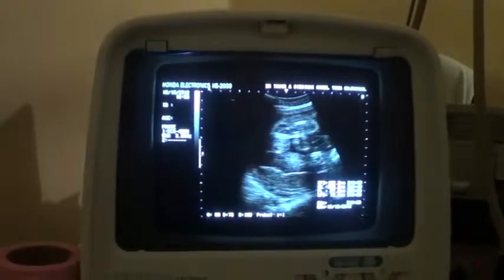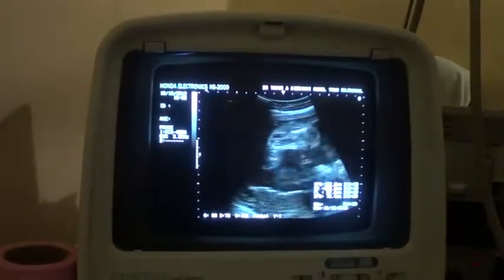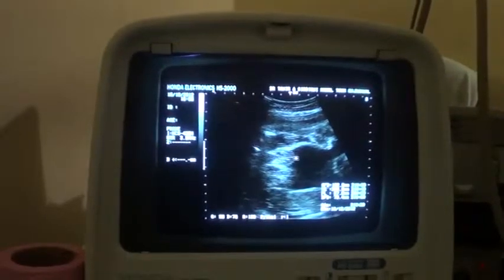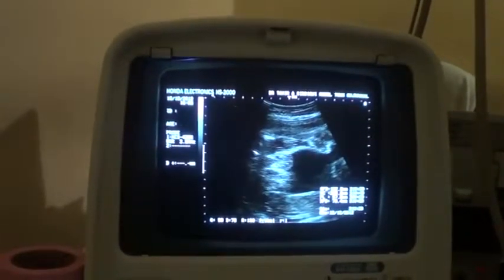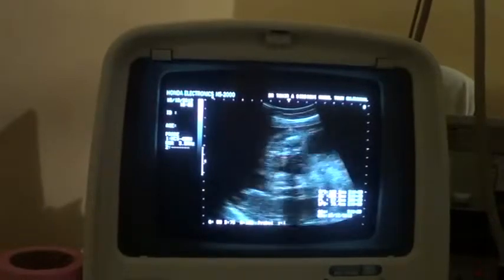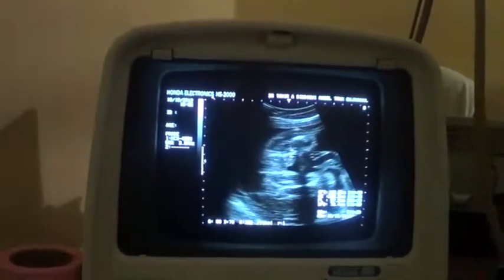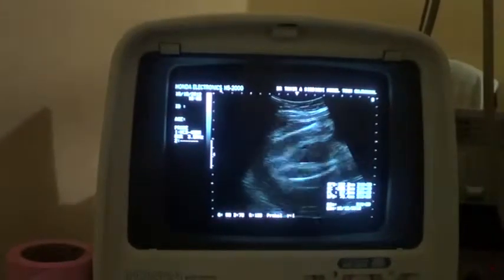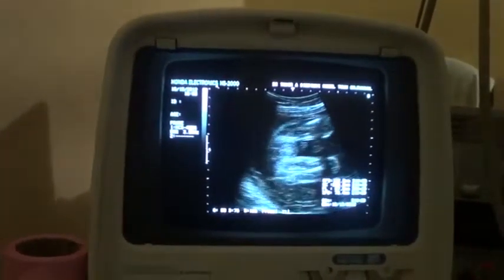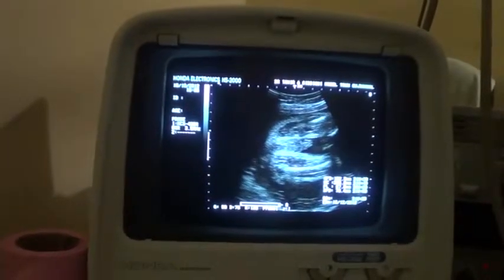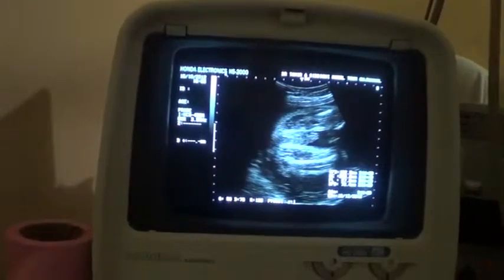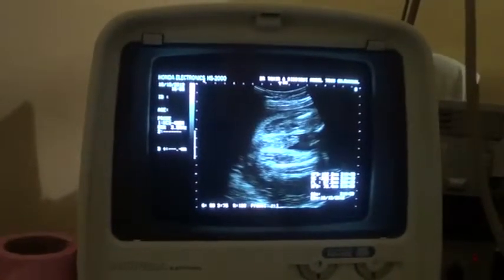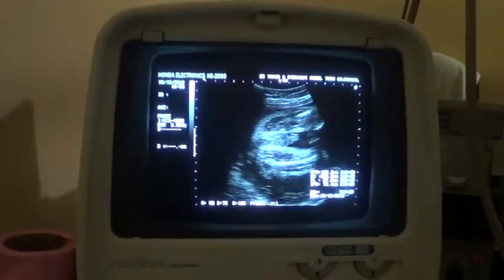And this is the scrotum. Here we see scrotum with testis, scrotum with penis. You can see that the fetus is very active. Now these are the thighs, this is the femur, and this is the scrotum, this is the penis. So a male fetus,